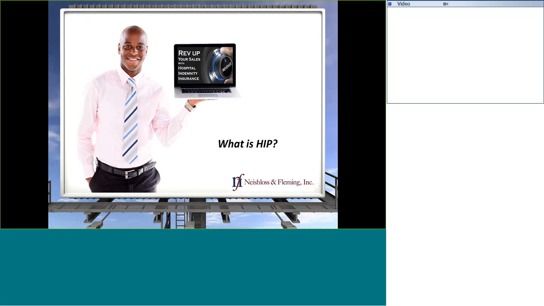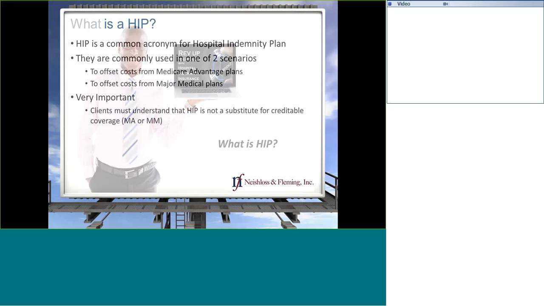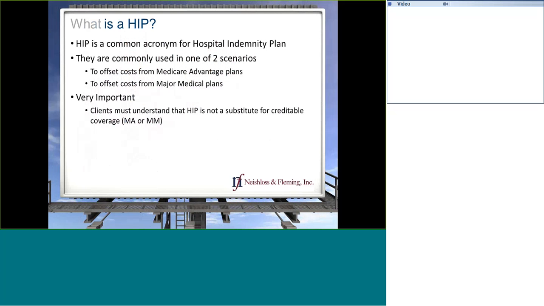So first of all, let's take a look at what is HIP. Very simply, HIP is an acronym for Hospital Indemnity Plan, not any more complicated than that. And really what we see our agents using these plans for is usually in one of two different types of scenarios. One would be in conjunction with consumers who have Medicare Advantage plans. The other would be with individuals who are on under 65 medical, be it on individual plans, off exchange if they're ACA exchange products, or if they are still on group plans,